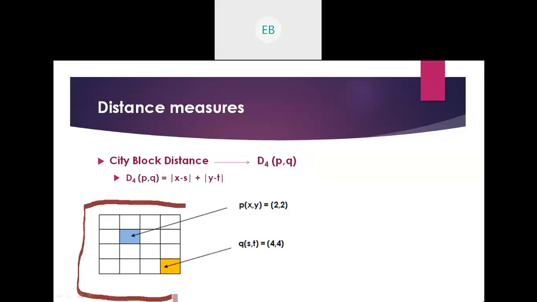Okay, so again consider the same image here, a 4 by 4 image, where I'm taking p and q as my pixels with coordinates x, y and s, t respectively, and we already know the coordinate values 2, 2 and 4, 4. Okay, so what the city block formula says is that this is the addition, right? So now how to calculate the city block distance? Okay, so we already know the distance between any two adjacent pixels. Okay, what is adjacent? Tell me what is adjacent,